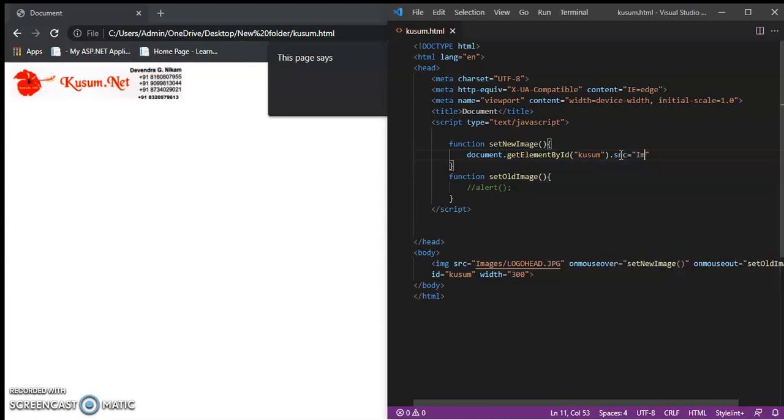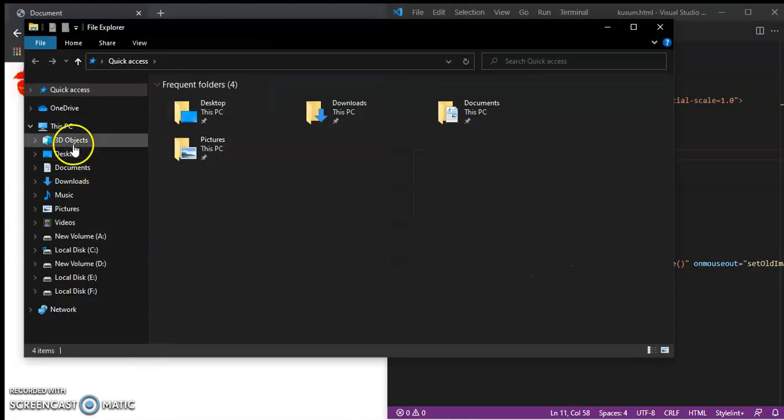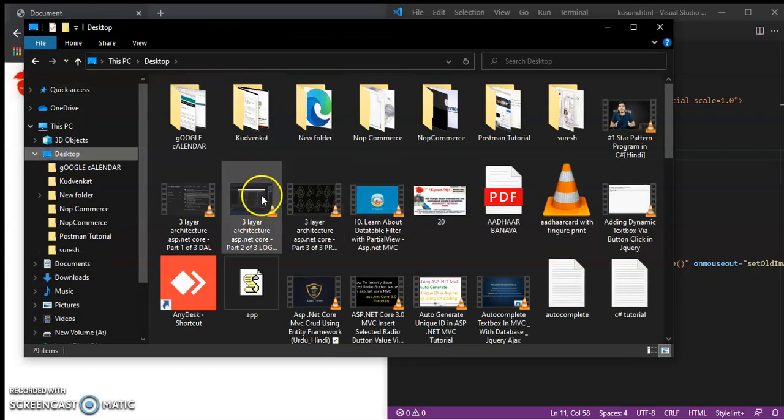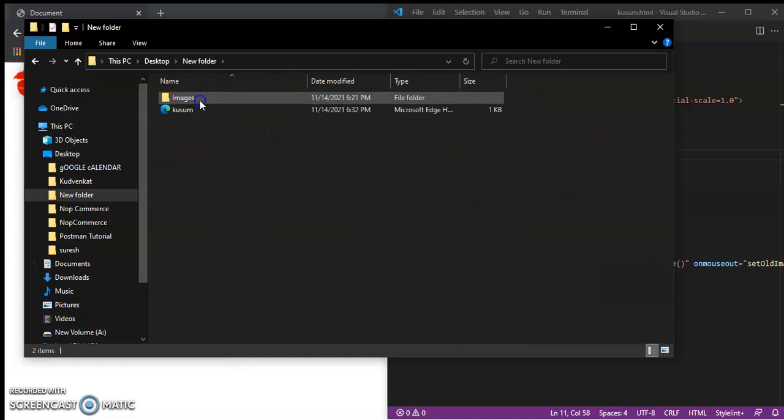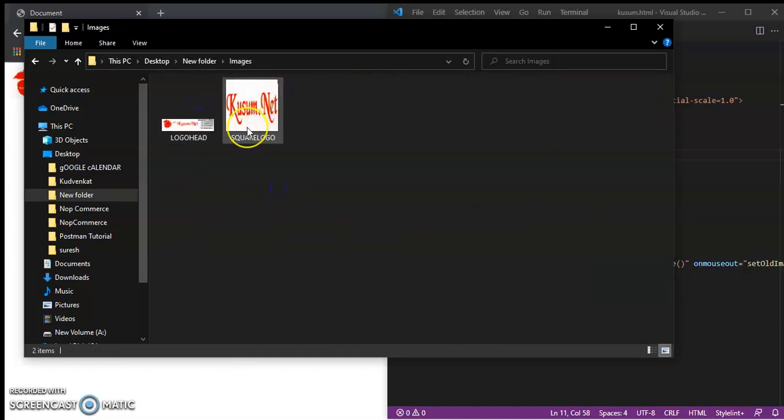In the images folder, which file is there? On the desktop, new folder, images, there is this one, square logo. So I want to set this square logo png file.